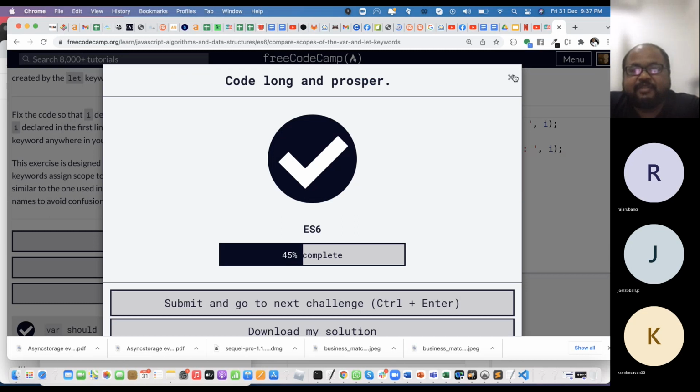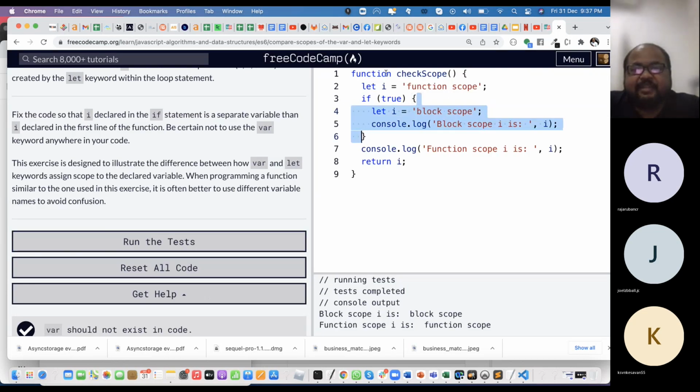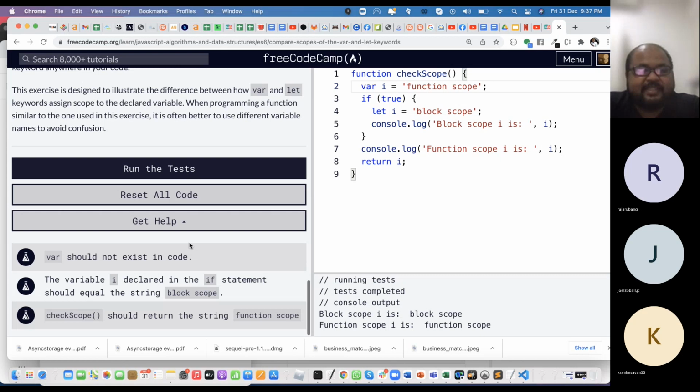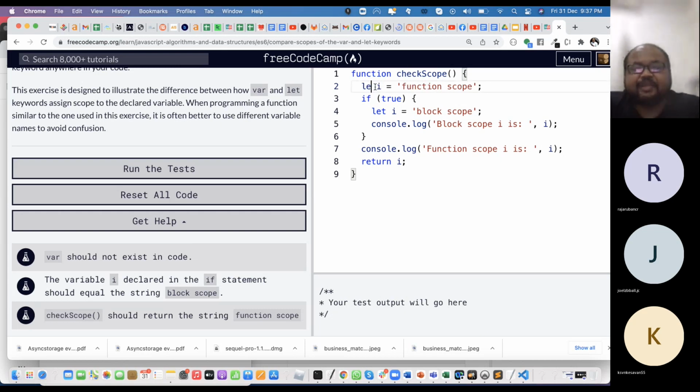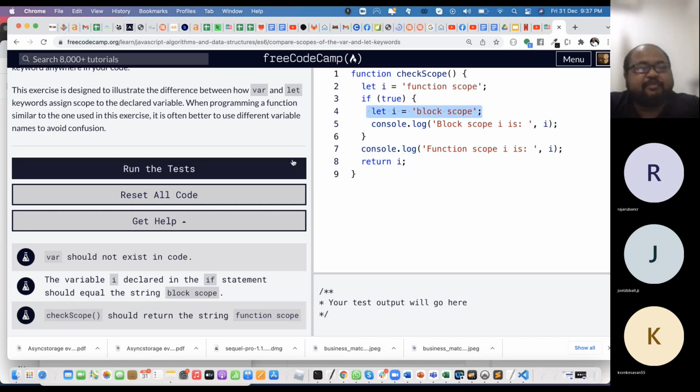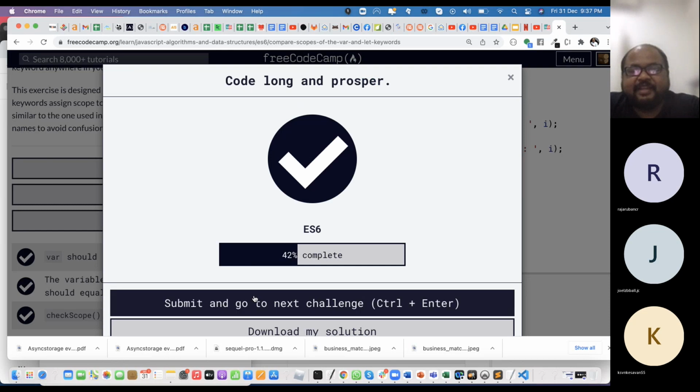All right, so the first one is here. Just now I didn't pay attention. They said that var should not exist. It means that this one will change to let. So this let i will be here, and then this one will be inside here. Let and var, actually there is not much difference. For me, let and